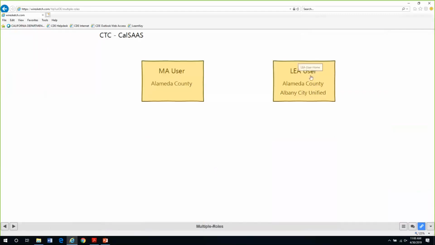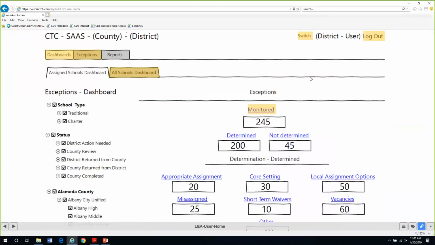So let's just quickly take one quick look. Let's go ahead and go to what it looks like on the LEA user. So we looked at the monitoring authority, that MA administrator, that's sort of the top level who has the most capabilities, permissions, if you will. And this would be someone with the least amount of permissions, the LEA user, not the administrator, the user. And so you can see they have much fewer tabs here, so they have less actions they're capable of taking.